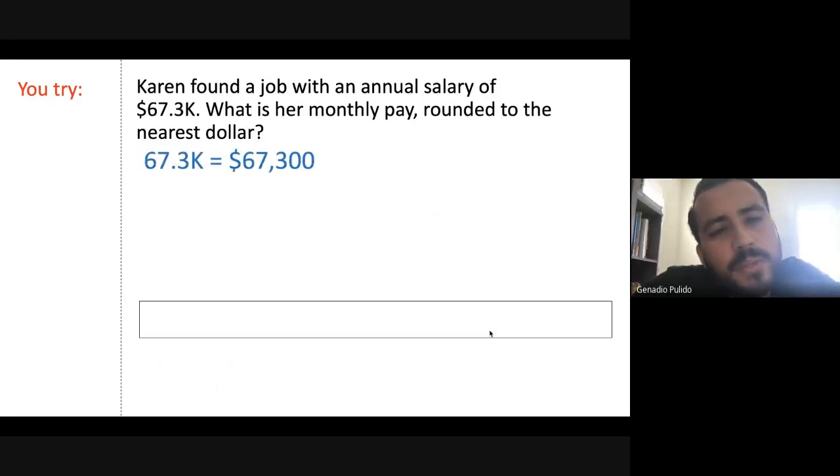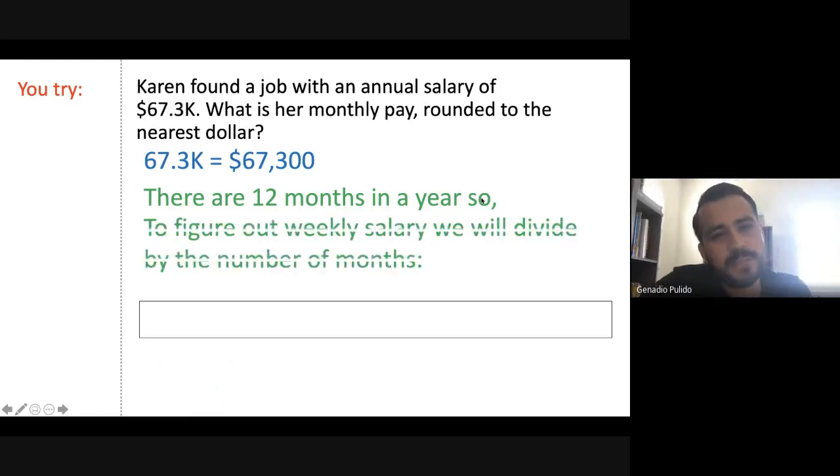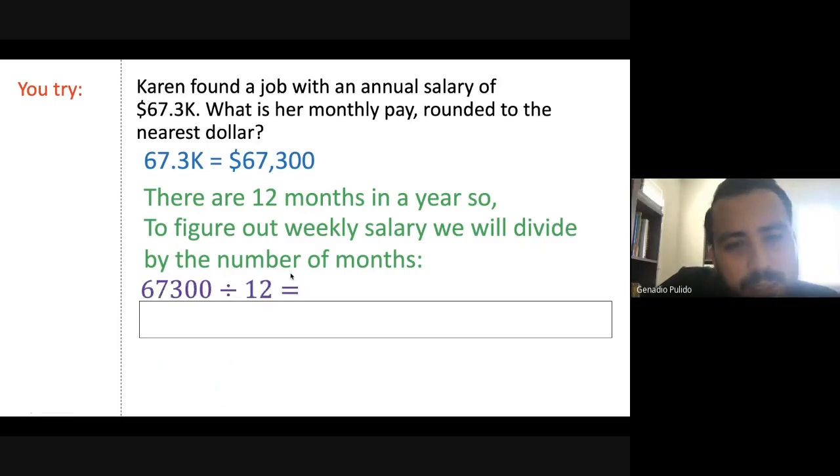So 61.3K, if I multiply it by 1,000, we get $67,300. That's her annual salary, $67,300. Now we're asking for her monthly pay. So what we need to know is that there's 12 months in a year. So that means that to figure out the monthly salary, we will divide by the number of months. And by the way, they should say monthly. I forgot to change that. So we're going to take 67,300 divided by 12, and that's going to give us